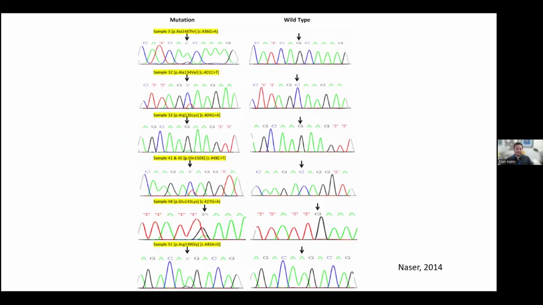This is an example of KRAS mutations in colorectal carcinoma. And I pulled this from a paper where they were looking at these different mutations, and we could go through this together. So this is the reference wild type sequence, and you can see the arrow is pointing to where we're going to have a mutation on the left side. So starting at the top, instead of a G in this position, we have an A. So you see that this is heterozygous. We have a little bit of a bump that's black, that's showing a G, and we have a bump that's showing an A as well. So this is at position 436, we have a G that's going to an A,